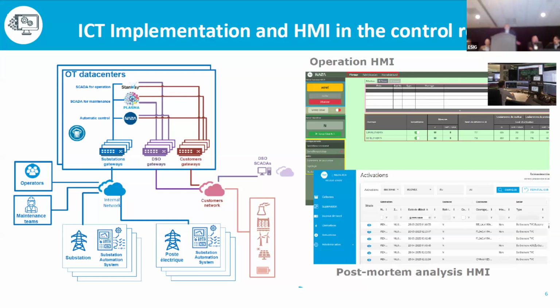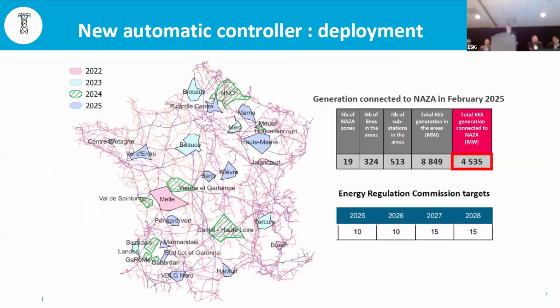In France, we usually consider that for a simple remedial action, 5 minutes is the usual time, and for a complex action, 20 minutes is what you need. So here you see that we are dealing with reconfigurations or actions that are on a much faster time scale, which allows you to exploit a lot of the overload capabilities of the lines.